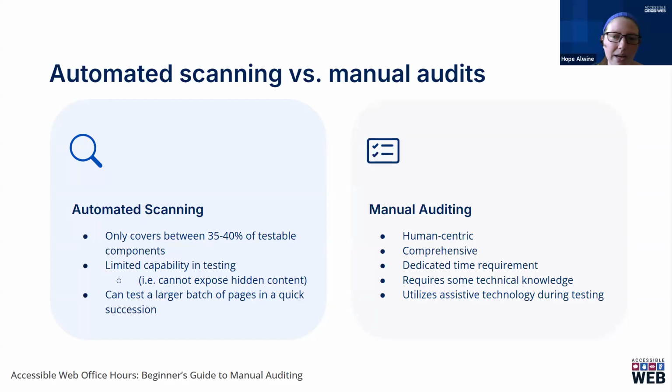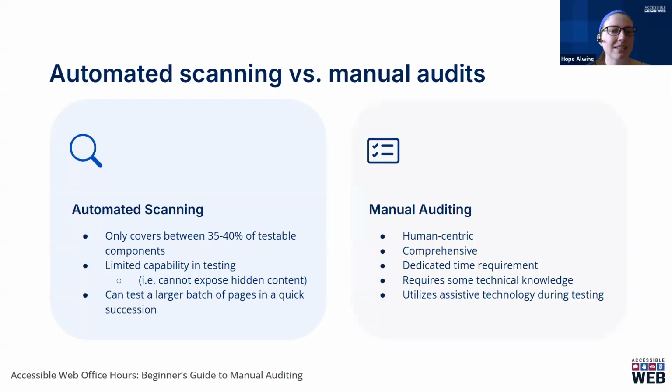This ties into the next point: manual auditing requires a level of technical knowledge of WCAG, HTML, CSS, and other programming languages like JavaScript. I use the term creative coding, as there's no one way to make a component work. For example, a column can be created with a layout table or a CSS grid or using a Bootstrap framework. In the end, it all looks the same on the front end, but in the back end, it can vary